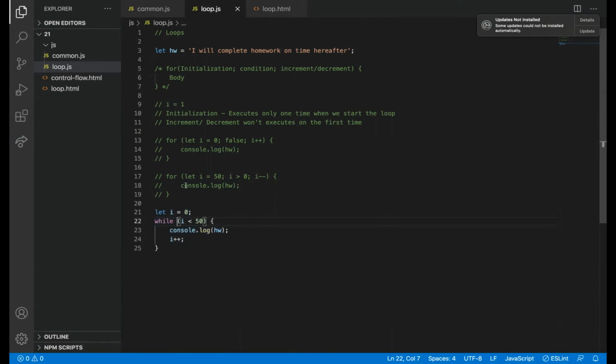For now, if you're clear with for loop, it is more than enough. But it is nothing much. You yourself can learn this. You yourself can interpret this. This value is executed only once, and then condition, and then increment, and then condition. So it is same like a for loop.